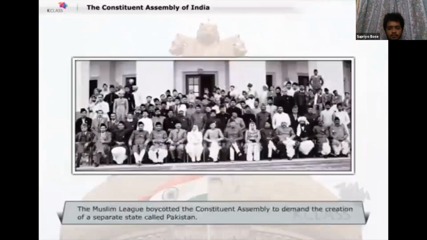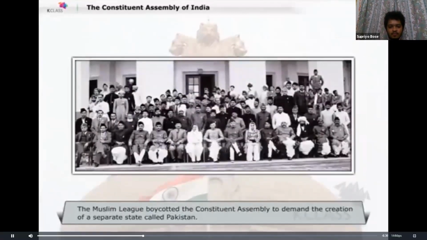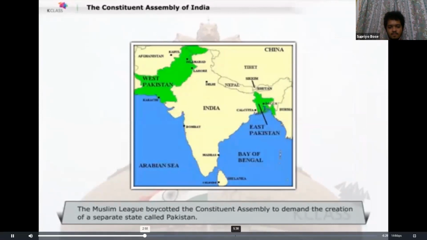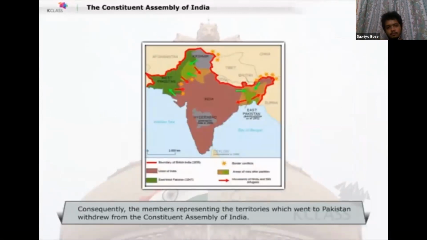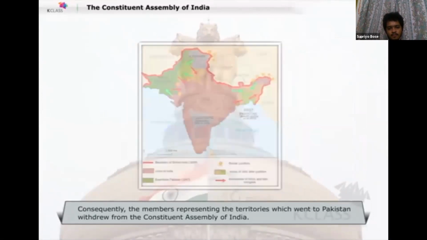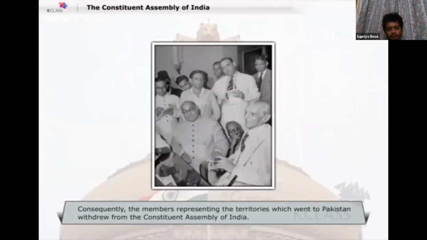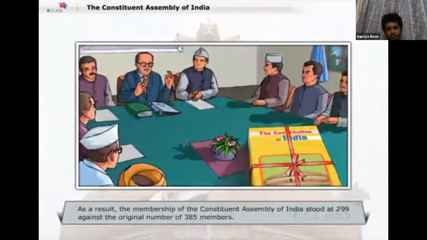The Muslim League boycotted the Constituent Assembly to demand the creation of a separate state called Pakistan. Consequently, the members representing the territories which went to Pakistan withdrew from the Constituent Assembly of India. As a result, the membership of the Constituent Assembly of India stood at 299 against the original number of 385